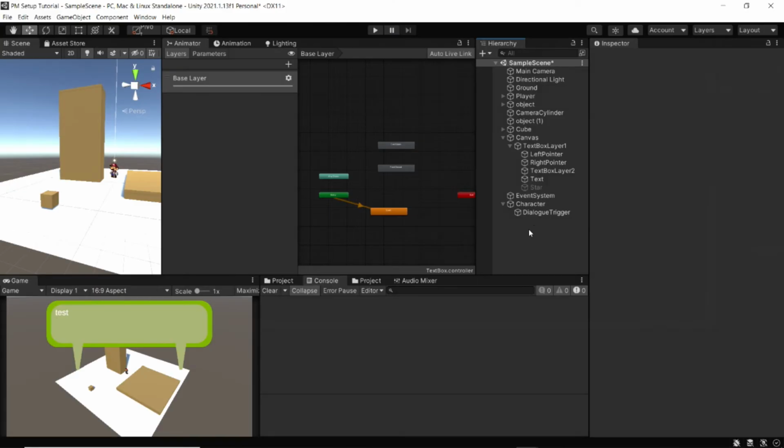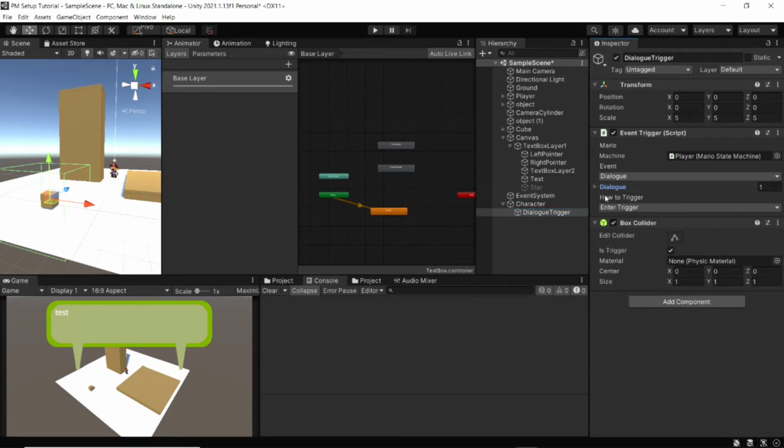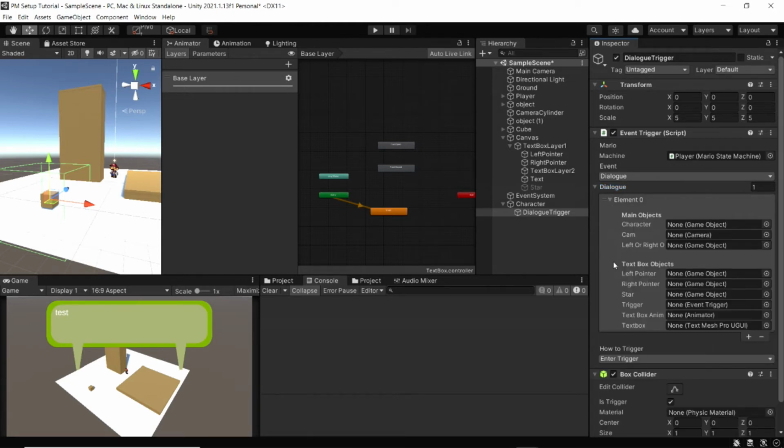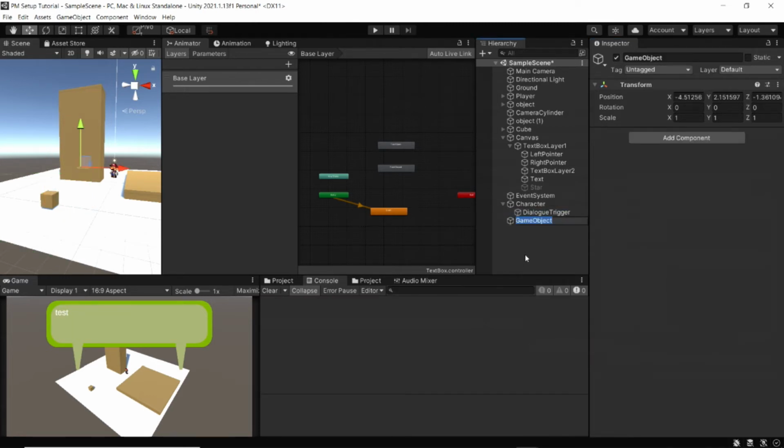these variables. So now if I go to my dialog trigger, you can see for the dialog here, I have one element, and if I expand that, I have all these things that I just added into the dialog script now. So for the main objects, the character is the character who's speaking, so that's going to be this character object. The camera is the main cam. The left or right object, we haven't set this up, so I'm going to quickly create an empty, call this left or right object,